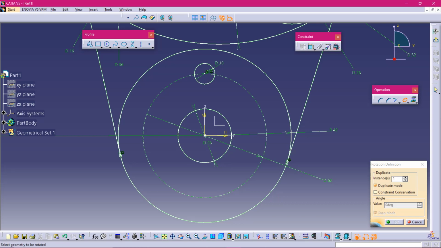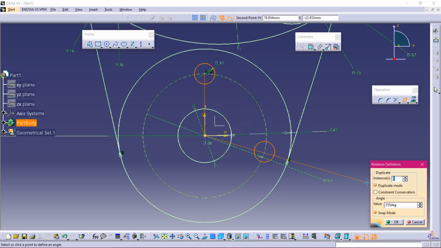Now you have to select the thing you want to rotate and the center, that means from which point you have to rotate, and at what distance, another point, and then just drag it. See, in Instances, how many circles are there? Just 8. Press 8, and in Value, Equal Distance you have to space. That means 360 degrees by 8.